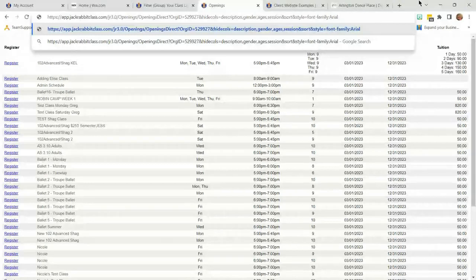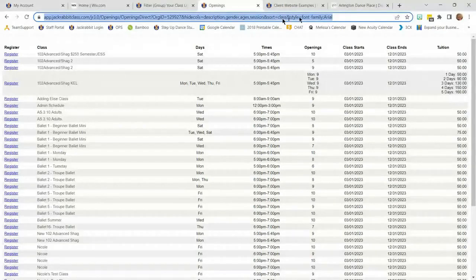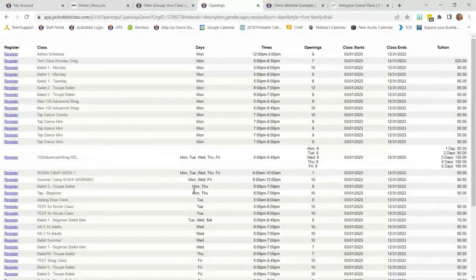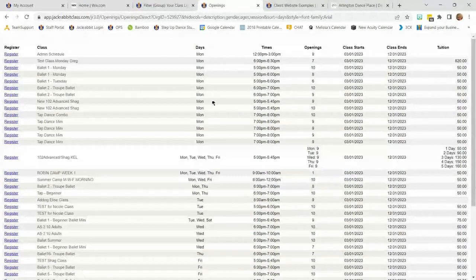First I'm going to sort it by class. If you look at the class name, you'll see that it sorts alphabetically. Maybe I want to start with that, or maybe I don't want that at all. Maybe I want days of the week. I can go days, and now it's sorted all the Mondays together, the multiple days together, goes into Friday and Saturday. So you can sort, you can hide columns, you can show columns, we can show like instructor, and then